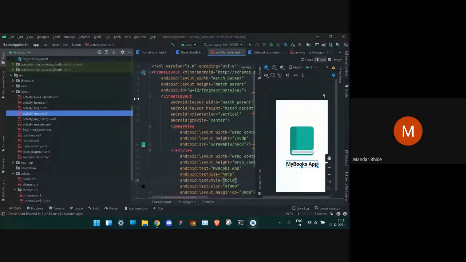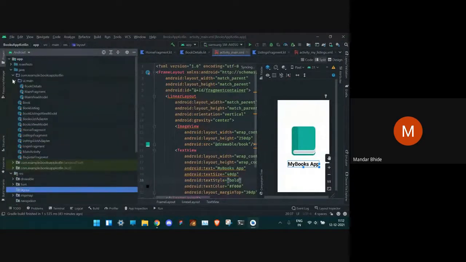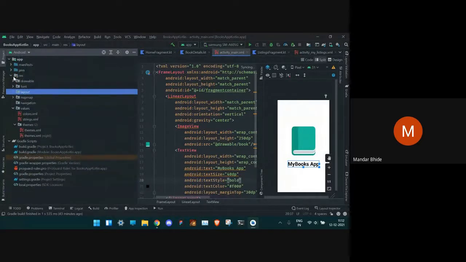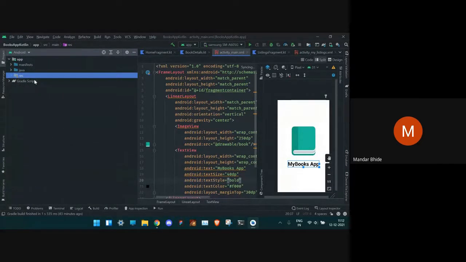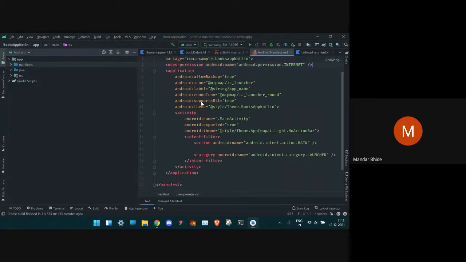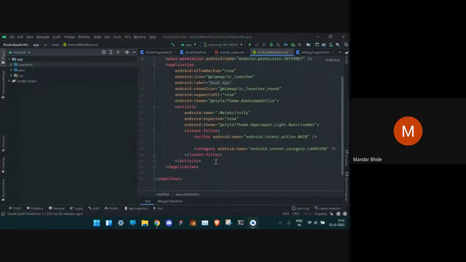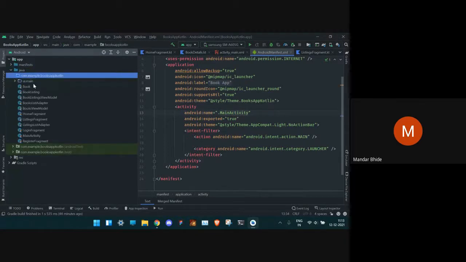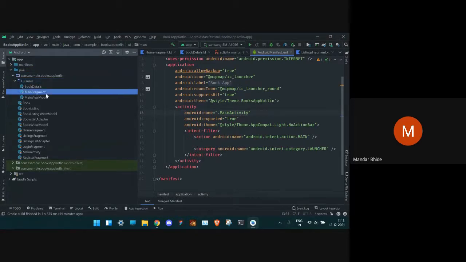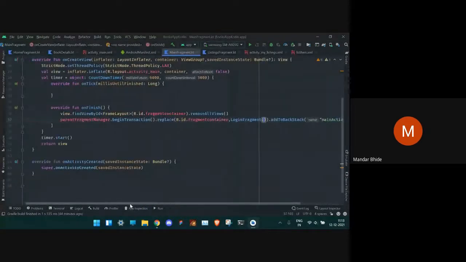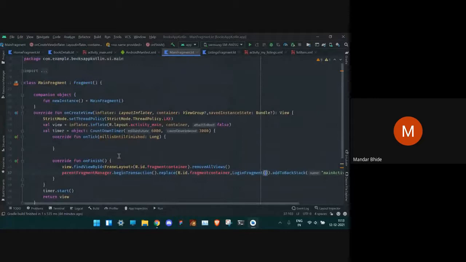So this is the folder structure we saw yesterday. That is, there are different classes, there are different resources, and certain Gradle scripts which actually start our app and handle the dependencies. Then there is the starting point of our application, that is the manifest file, where we define the opening activity. In this case, it is main activity. And under main activity, what we are doing here is we have different fragments. As you can see, this is main fragment, which is initially joined to the screen.